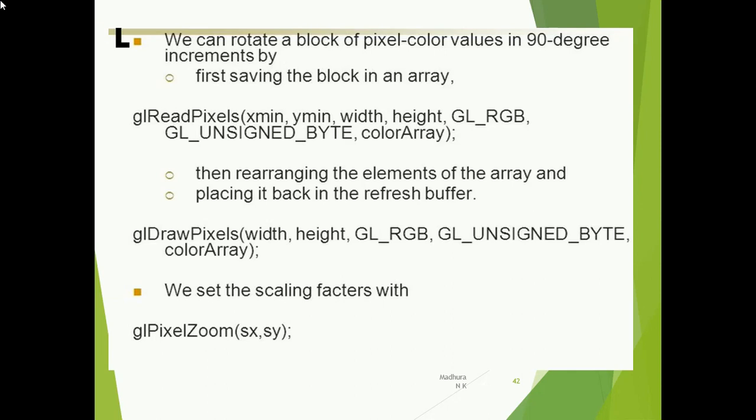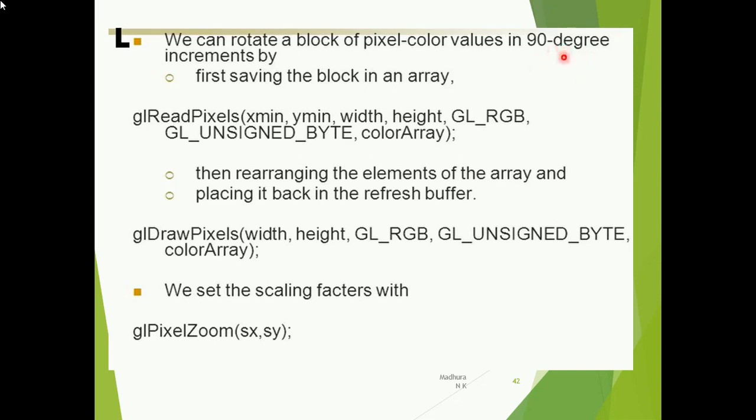If you want to do a rotation activity, rotation will happen in the same place. You are not going to move the position of the object, but you just rotate it by an angle in the same position. So now you have to read the pixel information for rotating a block of pixel color values in 90-degree increments. We are taking a condition here that it increments only by 90 degrees. You know how the matrix format works for 90-degree increments of rotation.